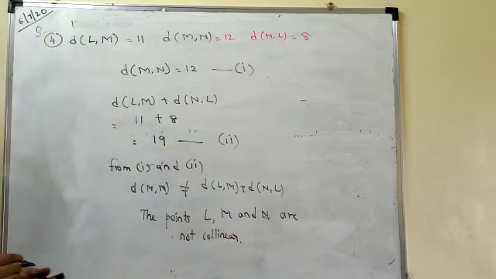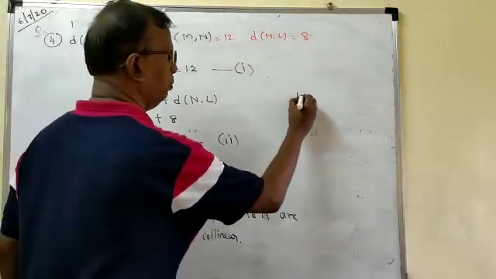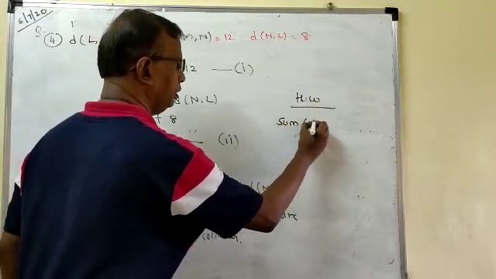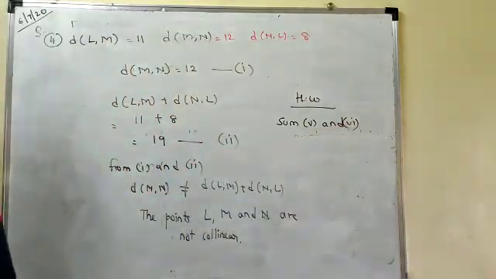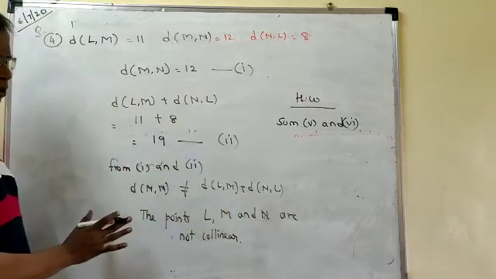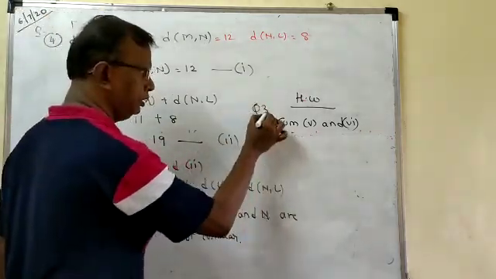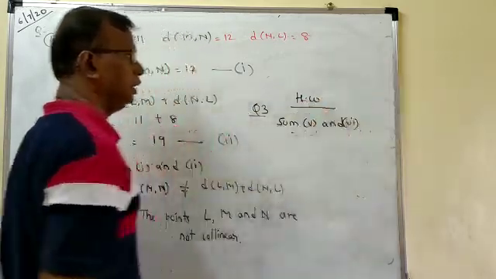Any doubt here, students? Now, for you, I hope no doubts are there. Homework is there for you. Homework will be sum number 5th and 6th that you have to do. Okay, I hope all of you understand. Any doubts, students? I did 4 sums, so I am giving 2 sums as homework. Question number 3, sum number 5th and sum number 6th. Any doubt here? Do all of you understand, students?